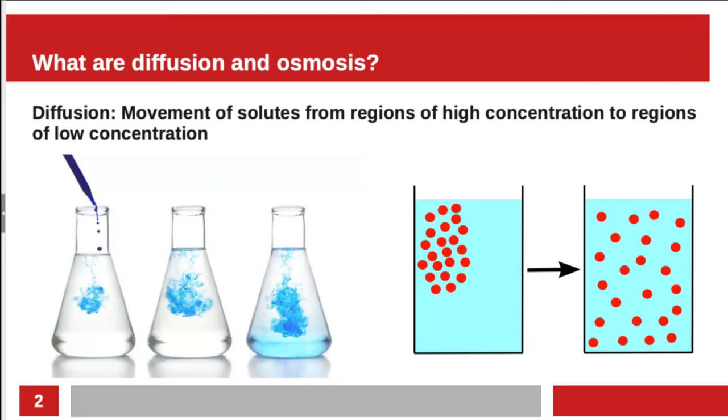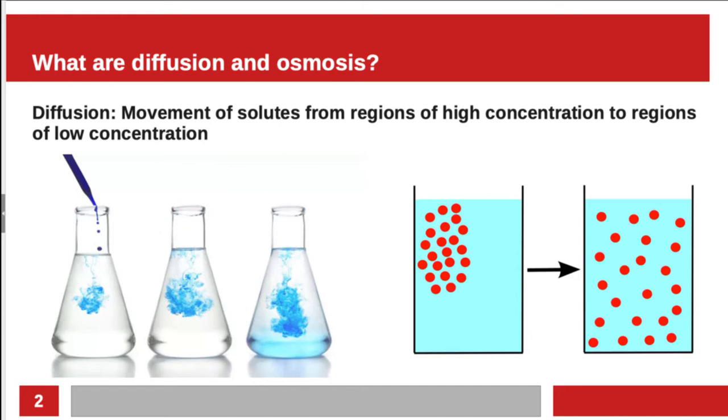Now, the reason it does this is because the molecules in the water are moving around randomly and bumping into each other, and the effect of this random, what's called Brownian motion, is that the molecules, although they're not moving in any coordinated fashion, eventually the dye molecules start out all concentrated together, and they eventually spread out. And this is just a result of this random motion.